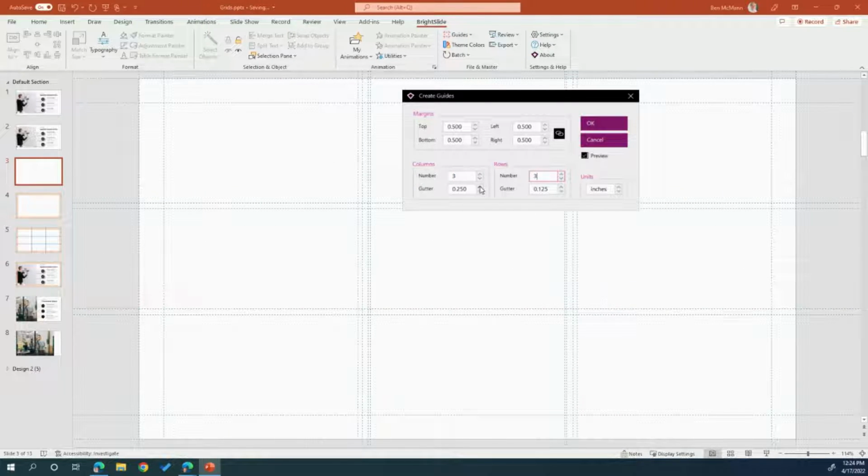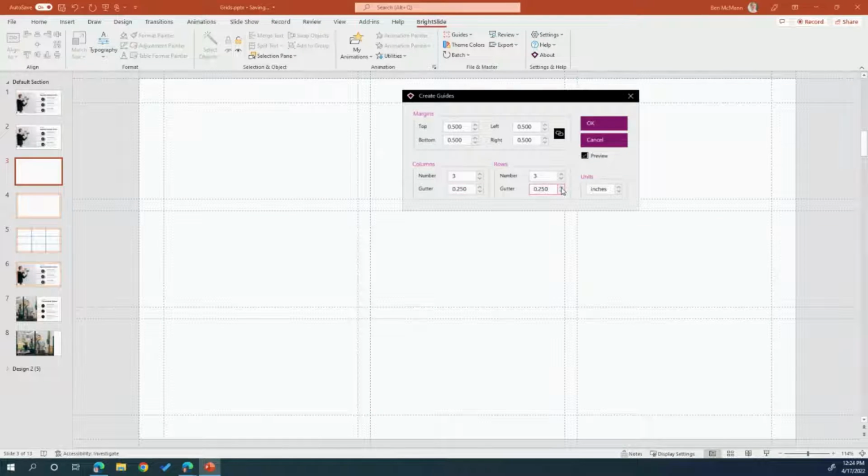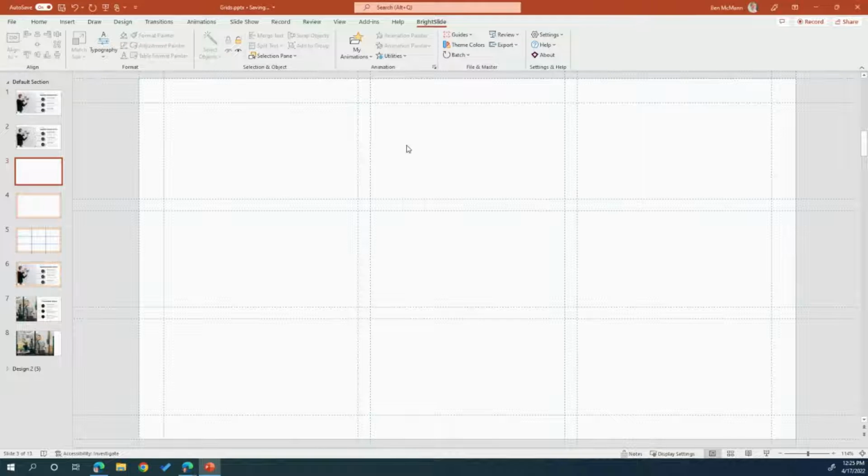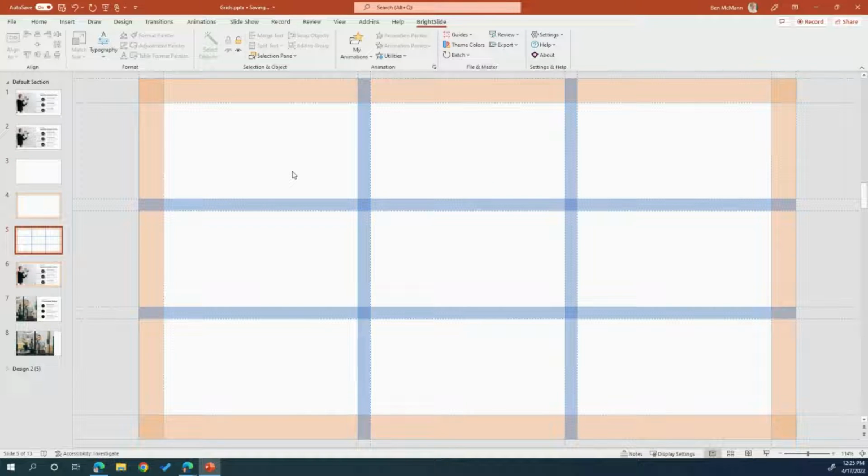We'll start here, and then we're going to increase our gutter size, and the gutters are the columns here. And we'll click OK. So of note here are our gutters, which are the blue columns and rows that you see. And then you have your margins, which are the orange, which go across the edges of our slide. These are the areas that give your slide white space. The brain likes order, so white space is very important, and the grid is the way that makes that easy